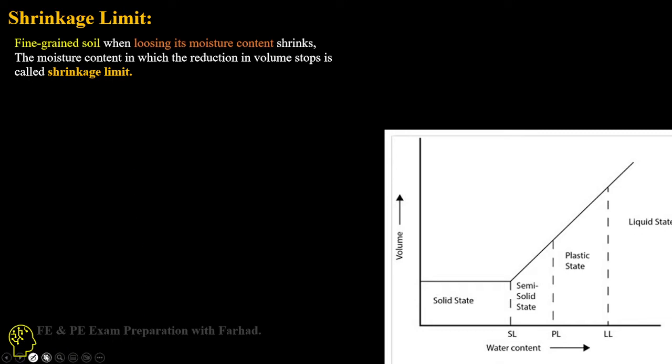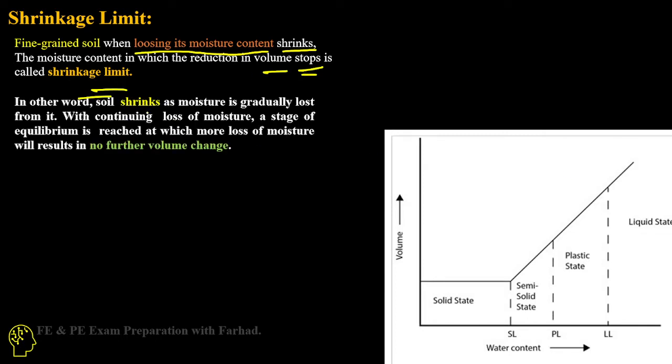So in shrinkage limit, fine grained soil, when losing its moisture content, shrinks. So the moisture content at which the reduction in volume stops is called shrinkage limit. In other words, soil shrinks as moisture is gradually lost from it. With continuing loss of moisture, a stage of equilibrium is reached at which more loss of moisture will result in no further volume change. So if we call this initial volume